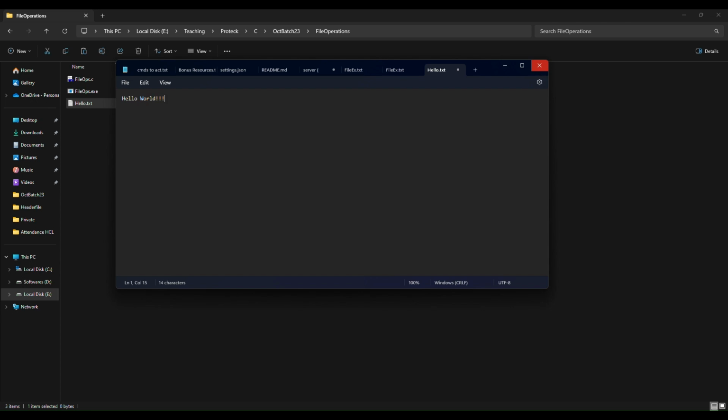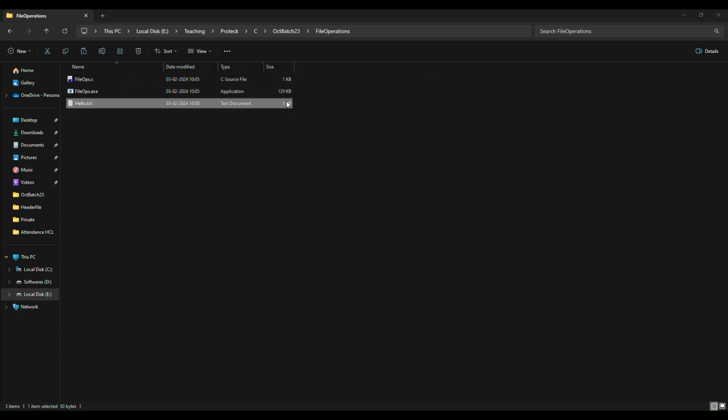Okay, hello world 123 and some lines of text. Okay, fine, I wrote that data manually. I am saving that data. I'll just click on file, save. Okay, and I close it now. So if you notice, automatically the size has changed, and if I open it, I can see that